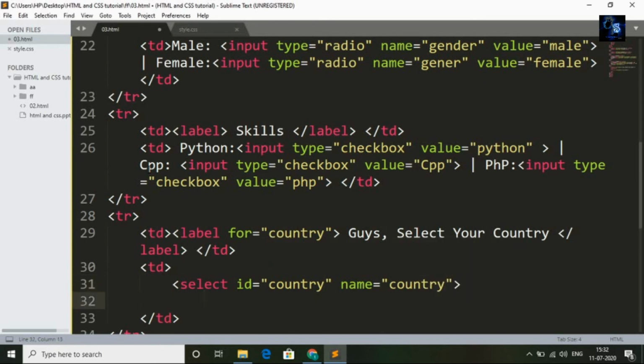Now I will add different options. Option. This is the option tag. Option value. HTML is totally dependent on tags. Equal to double inverted comma, select country.